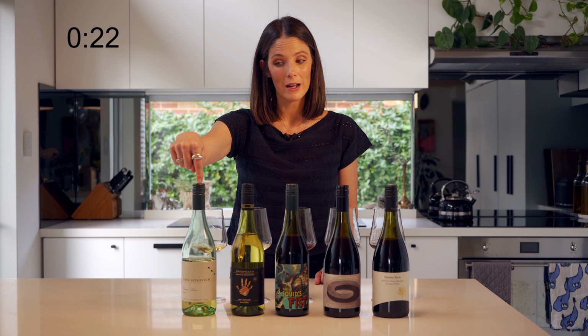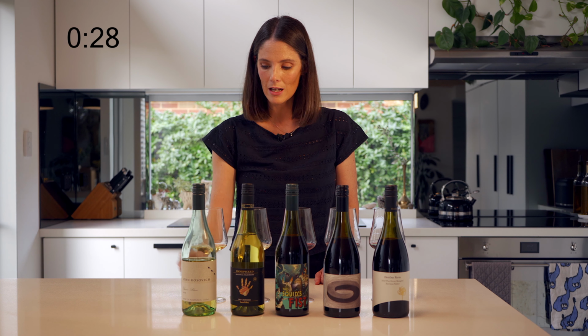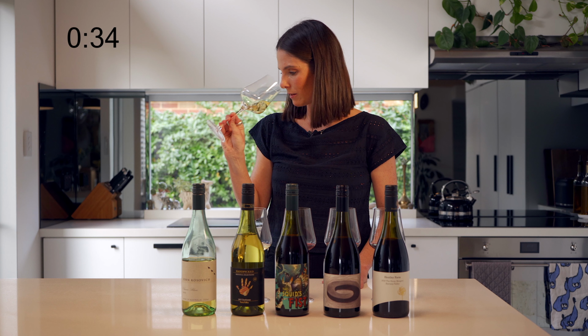Now this is nowhere near current vintage, but I'm telling you this because this is $22 a bottle and you should be buying this wine and putting it in your wine fridge or wherever you keep your wines, hopefully in a fridge somewhere, and looking after them and cellaring them, because what you get is this. This is an incredibly delicious bottle-aged Chenin Blanc